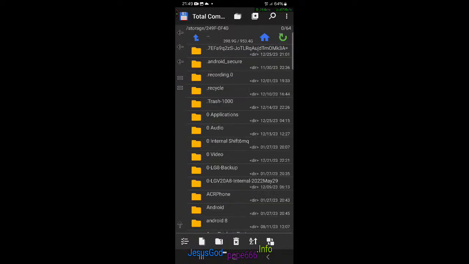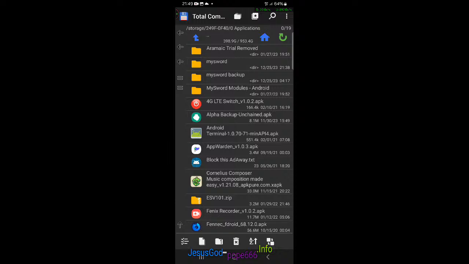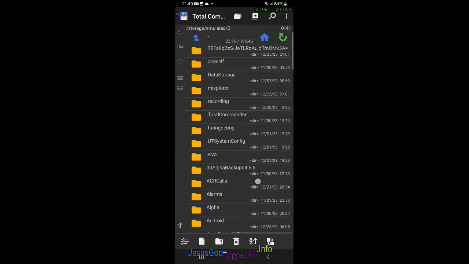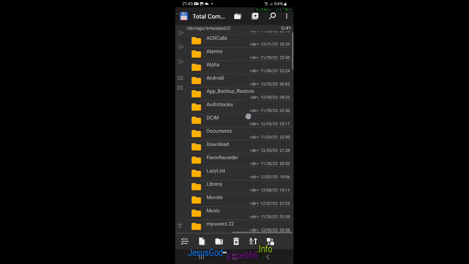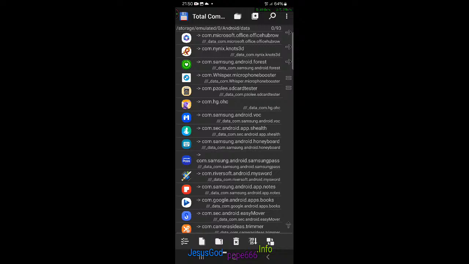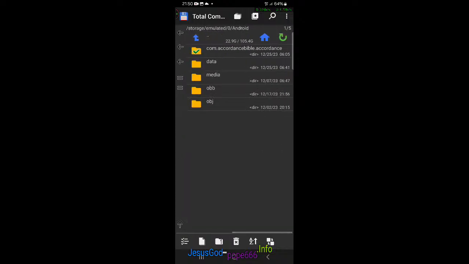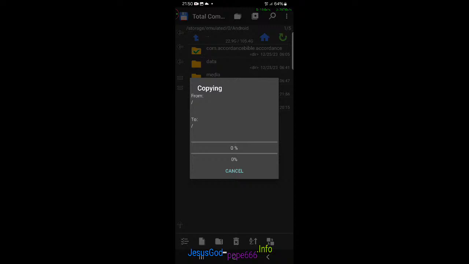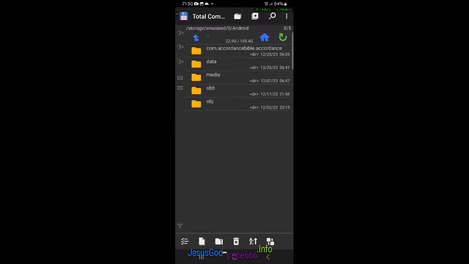go over here, and well, it's somewhere. Where is it? That's a good question. Where did I put it? Oh, maybe I actually just copied it over to the Android. Maybe it's actually right here. Yep, that is. So here it is, and usually I could just move it over here by just saying copy. But this is what happens now. Nothing. I can move the file, as you can see.